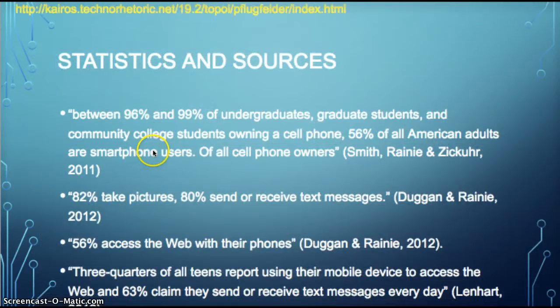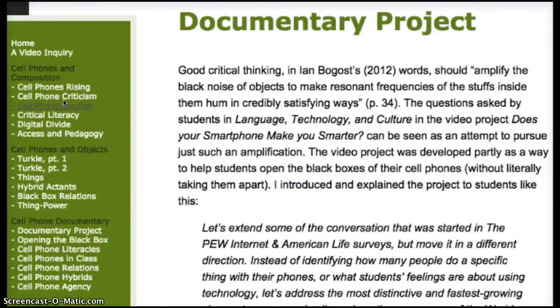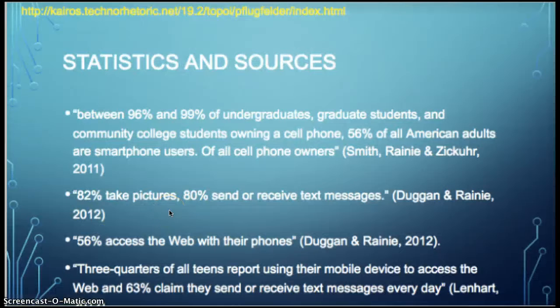The second strategies are statistics and sources. In the first section, listed under the heading of cell phone and composition, gives an illustration of different statistics on students of different ages using or owning a cell phone. He used a different way of approaching his ideas, statistics from different sources, to show the logical impacts behind technology, especially cell phones. Flickfelder used very effective statistics from different sources that respond to and reflect the majority of